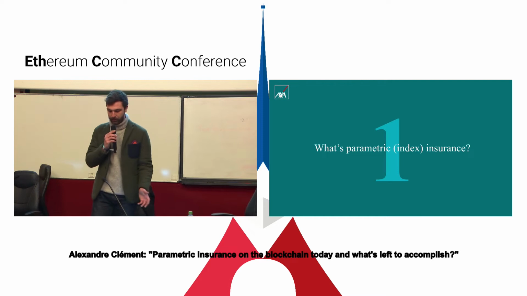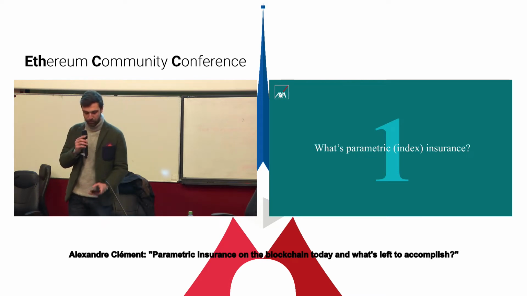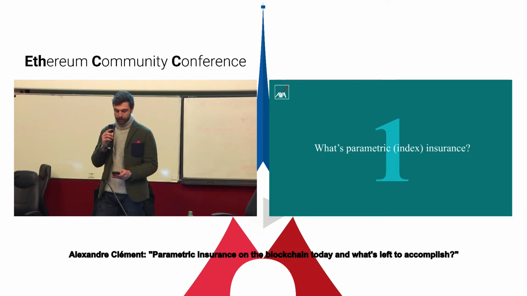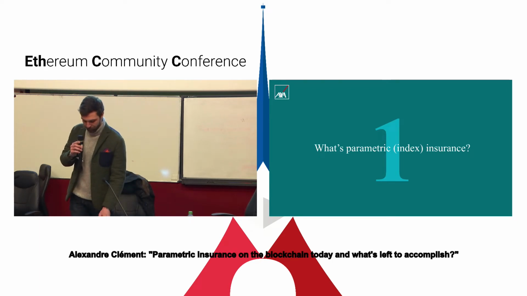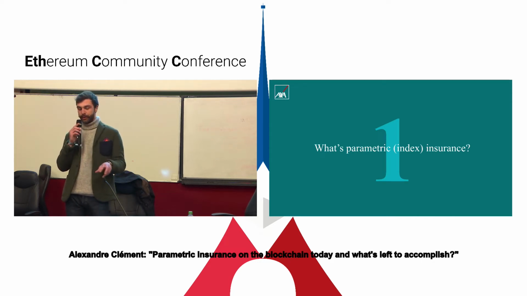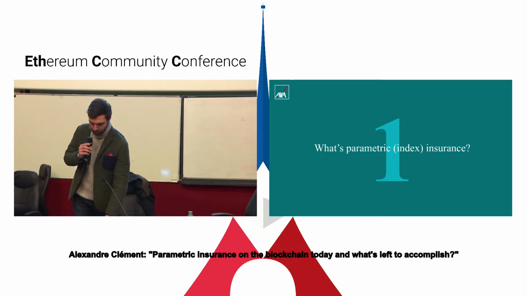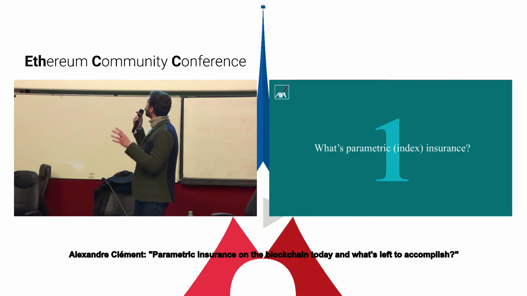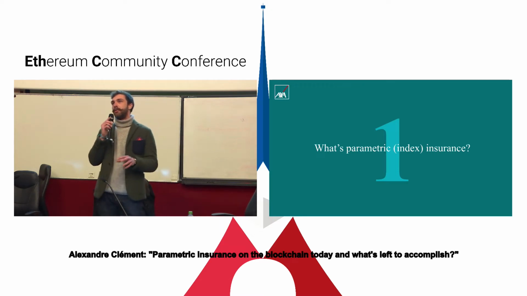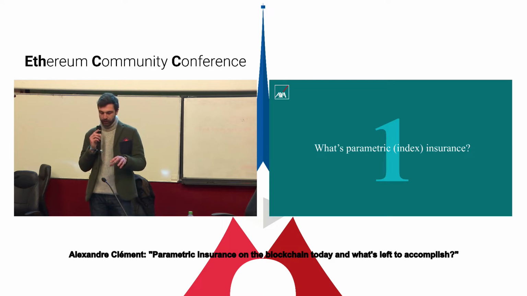So parametric insurance is basically, according to the World Bank, a product for which insurance pays out benefits for the loss of assets or investments based on a predetermined index for the loss of those assets. On the contrary, traditional insurance relies on the assessment of the damage done. So very quickly, how does it work? First, we need to predetermine a compensation for a given loss. It's usually smaller than through traditional insurance.